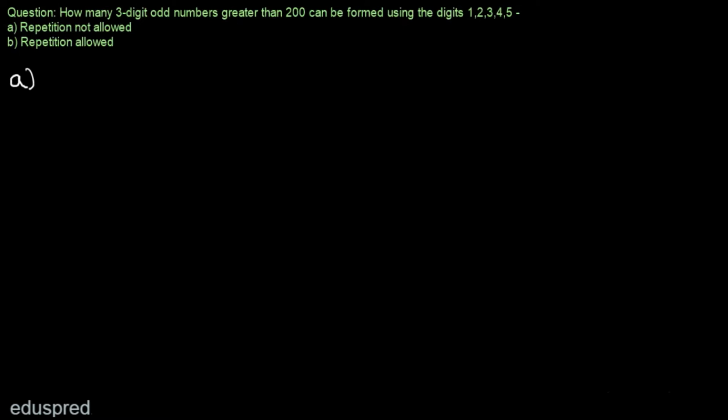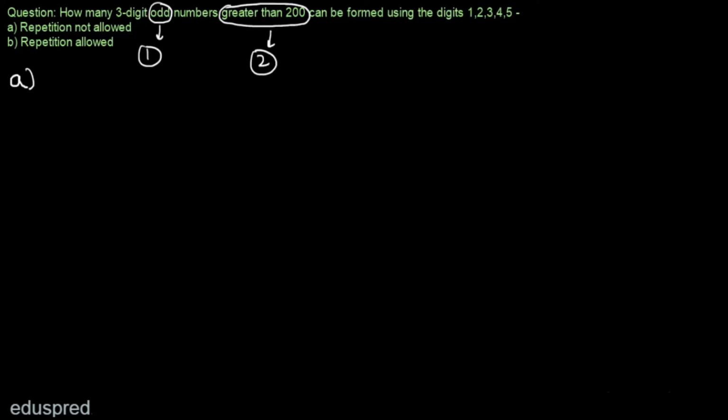Note that in this question, we are given two conditions. The first condition is that the number should be odd. And the second condition is that the 3-digit numbers that we are forming should be greater than 200. So let's call this condition number 1 and let's call this condition number 2. I told you in my last lecture that whenever we are given a condition, we should start with the condition. But now the thing is that we are given two conditions here. So the problem is which condition to start with.